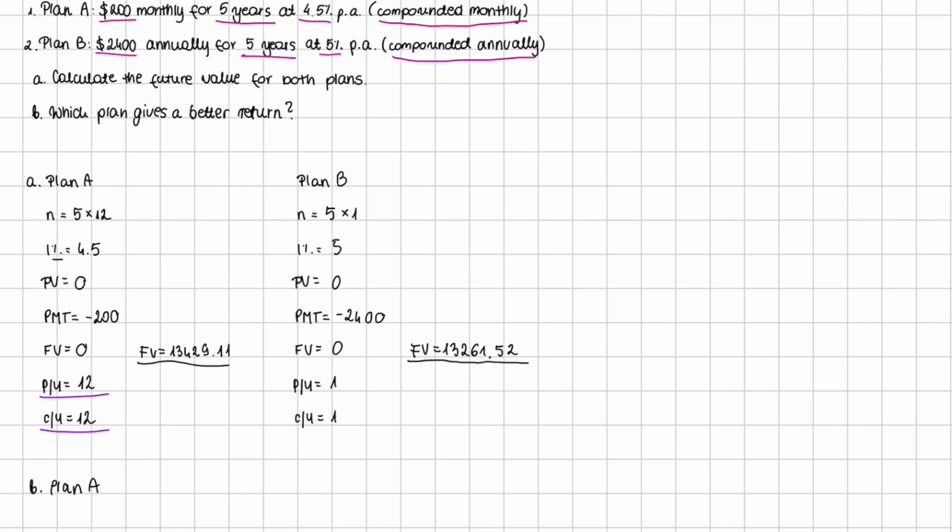If, in plan A, we pay $200 monthly, so we pay it 12 times a year. So it's more connected with our payments, and C/Y with compounding periods. So you can remember it